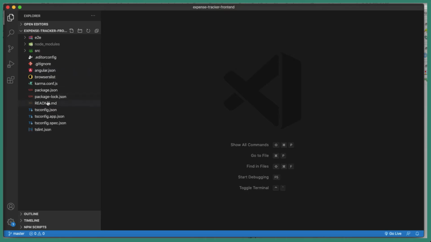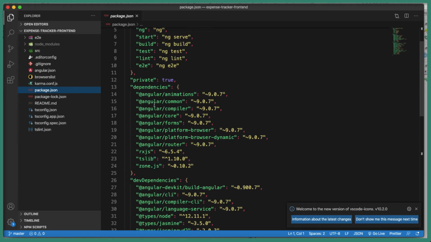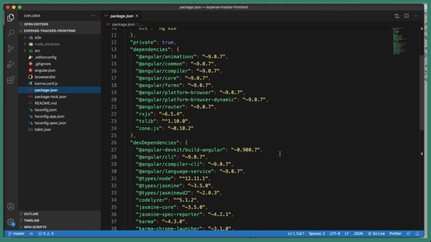First of all, let's open up the file package.json, and inside the package.json, you can see the Angular version, which is 9. So in my machine, I have installed Angular 9. If you have installed Angular 8, or the latest version at the time of this recording, which is Angular 10, then that is completely fine. Or even if you have installed 6 or 7, that is also completely fine. But make sure to use the latest version, which is 8, 9 or 10. And since I have installed Angular 9, that's why I have created the Angular 9 project.